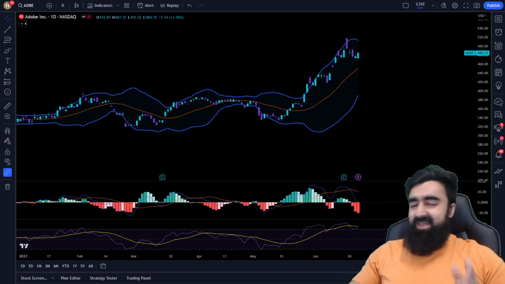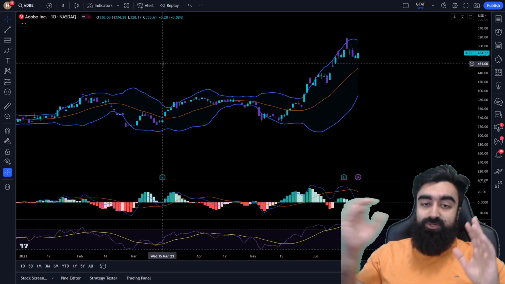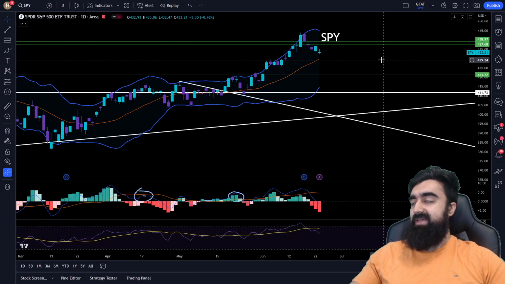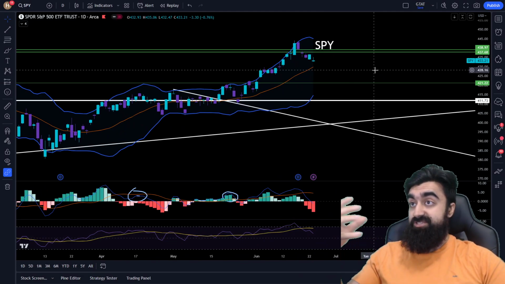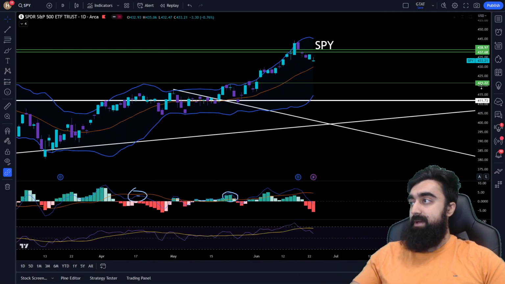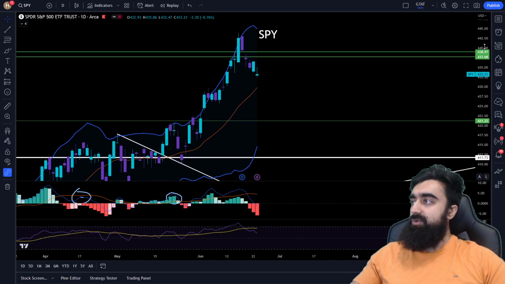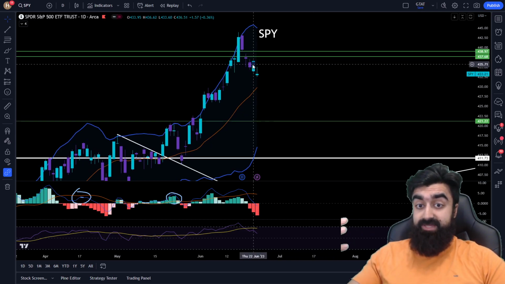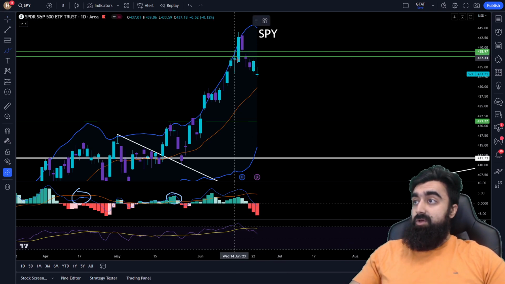Anyway, let's just take a look at the SPY. Very simply, what are the next steps for the market? Let me just quickly give you guys an understanding of what I think is going to end up happening. This candle here from Thursday, when we painted a bullish candle, obviously what would have